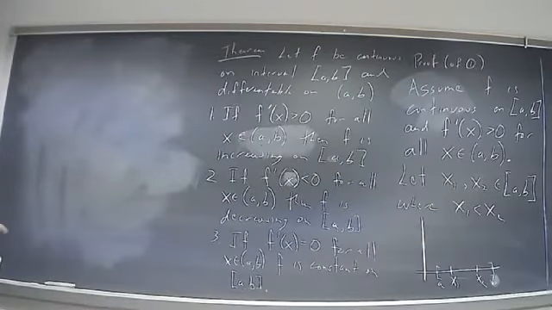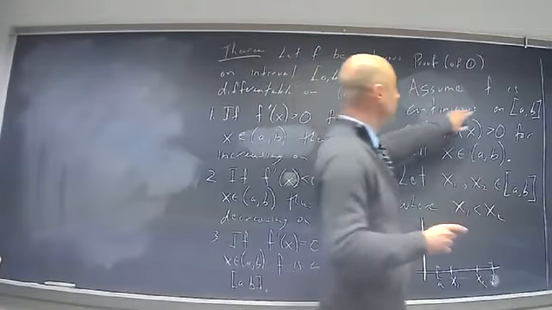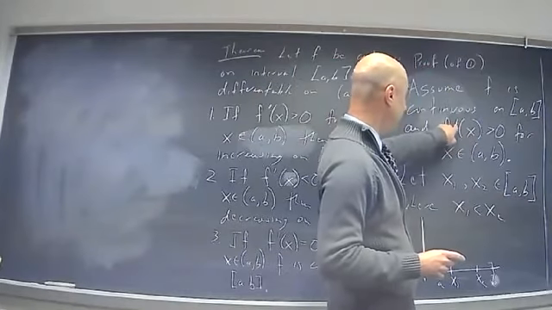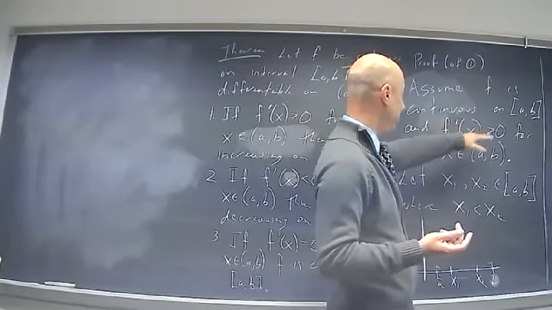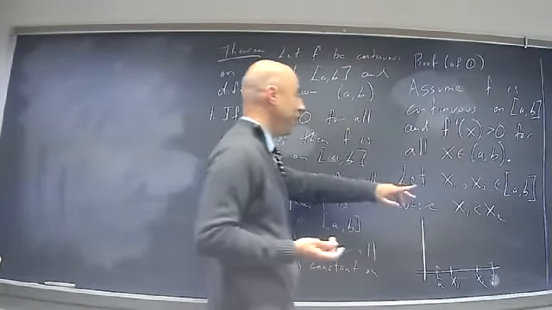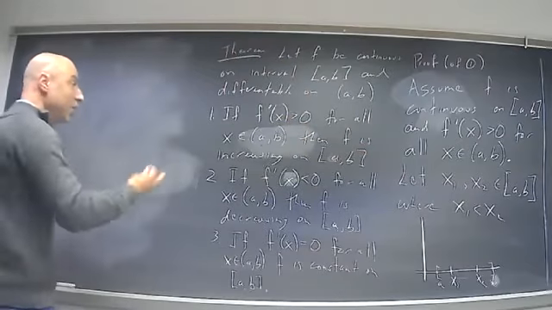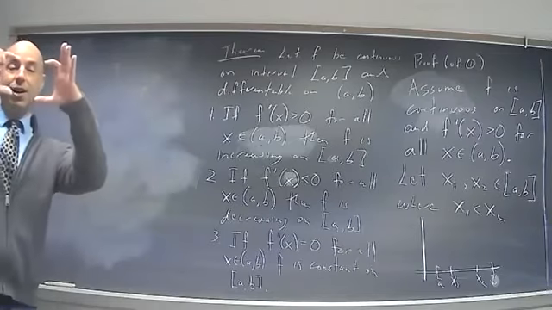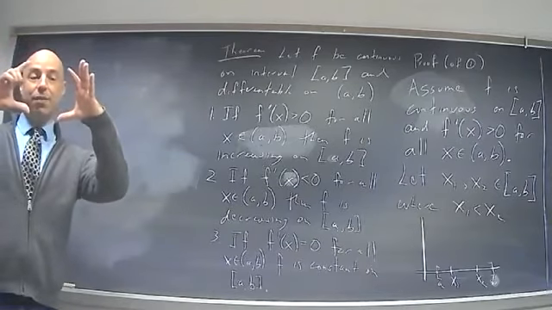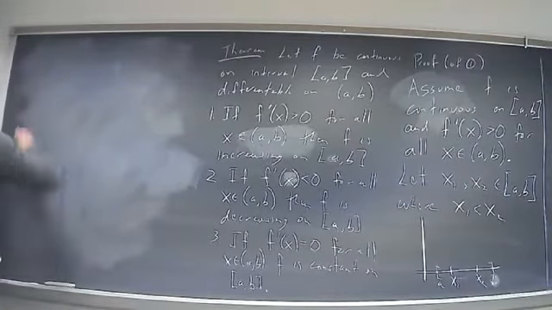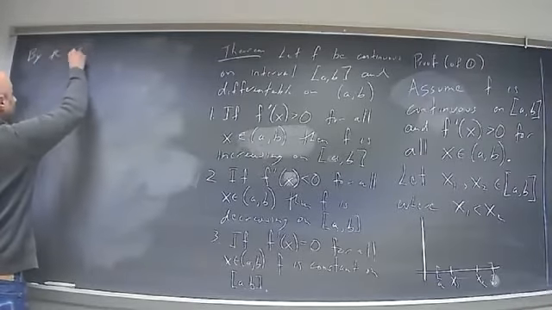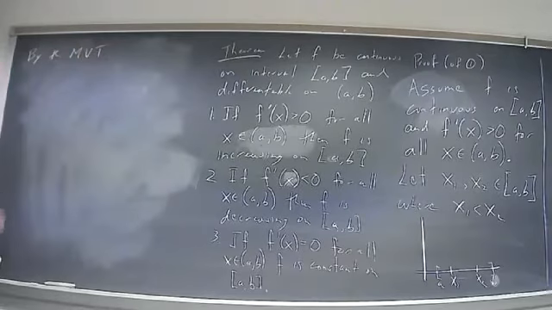Okay, so now, since the function is continuous on the closed interval and it's differentiable on the open interval, so having a derivative, that's what it means. Differentiable means not only does a derivative exist, but it's positive. But I don't care that it's positive yet. All I care is that it exists. I can use the mean value theorem because the mean value theorem just necessitates continuity on the closed interval and differentiability on the open interval. So by the mean value theorem, which I'm going to abbreviate MVT,